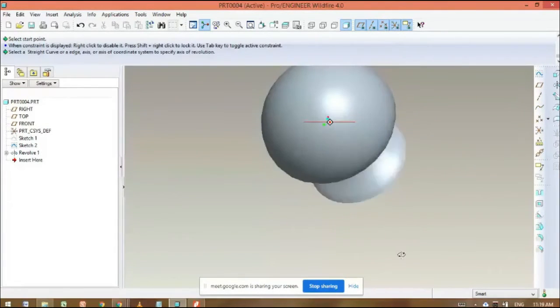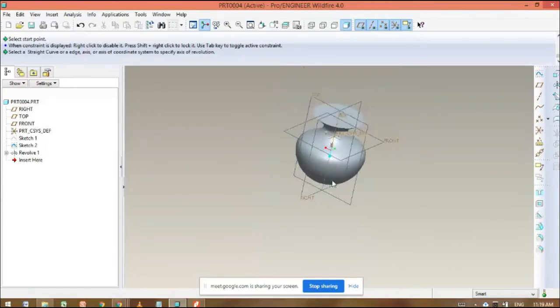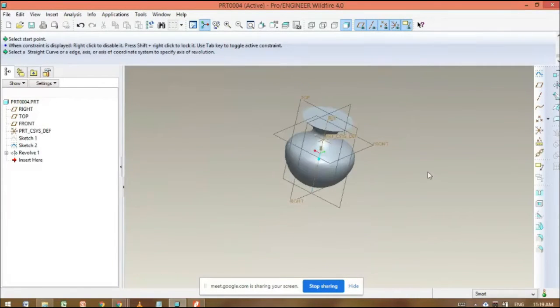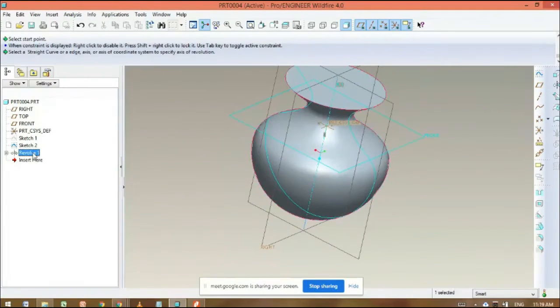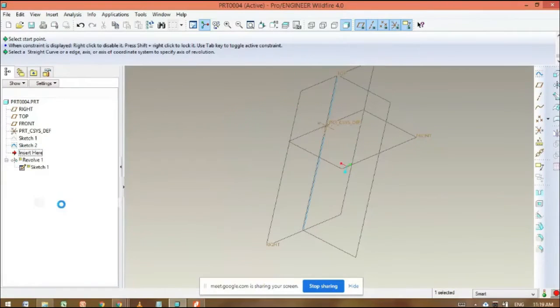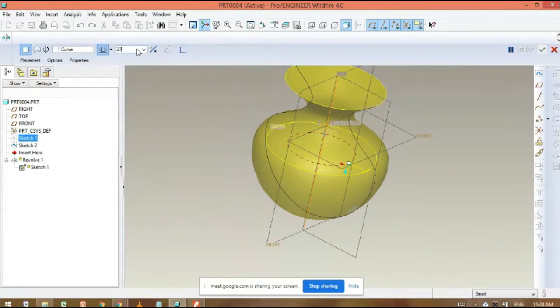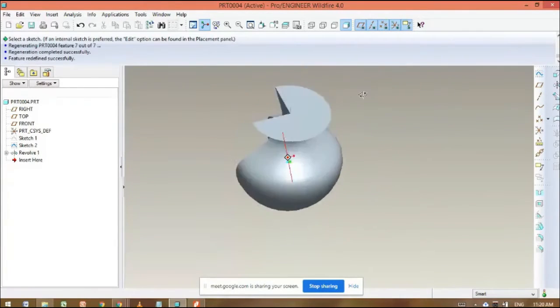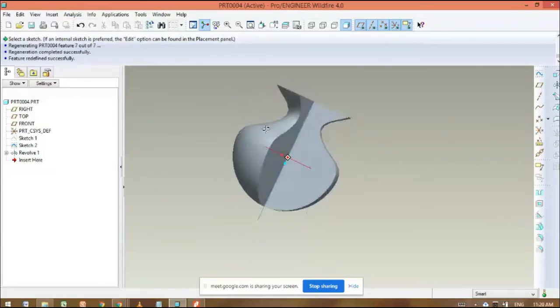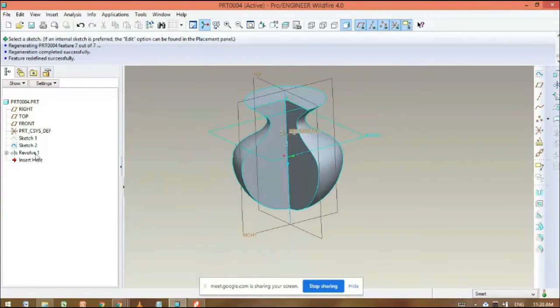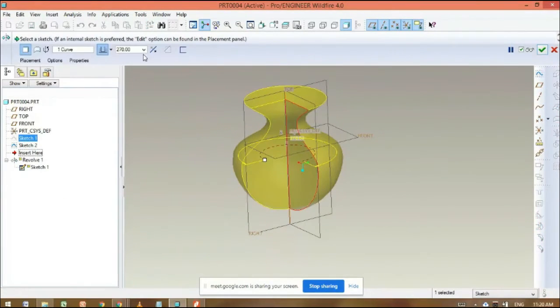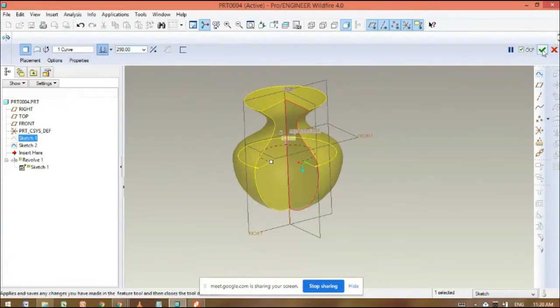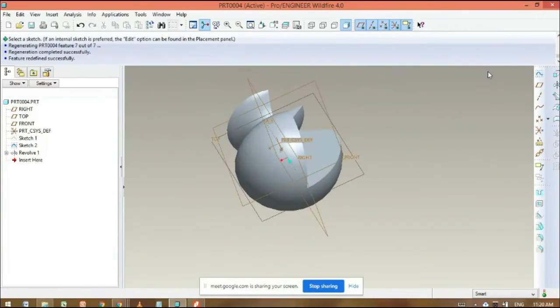So we can understand the use of this spline. This spline command we use here for drawing this sketch. And here the facility is given, edit definition, and we can change the angle. Suppose 270, we can change it and click on done. So any angle we can use here to draw this type of structure. Edit definition, change the angle again. Suppose like this.